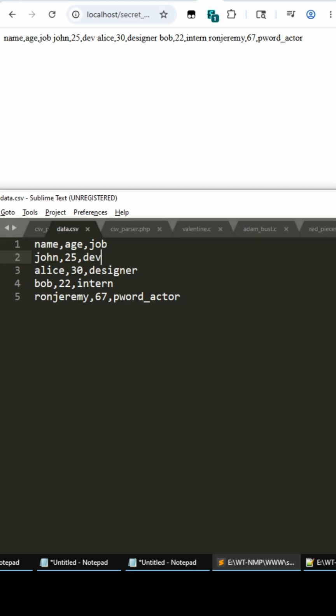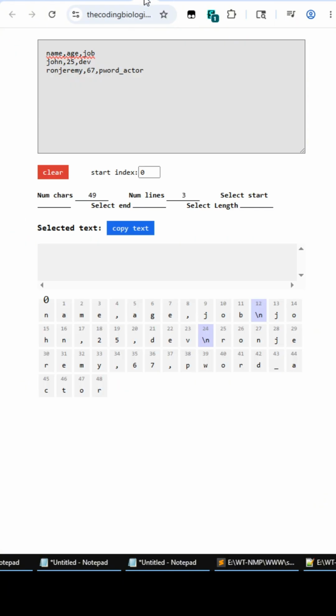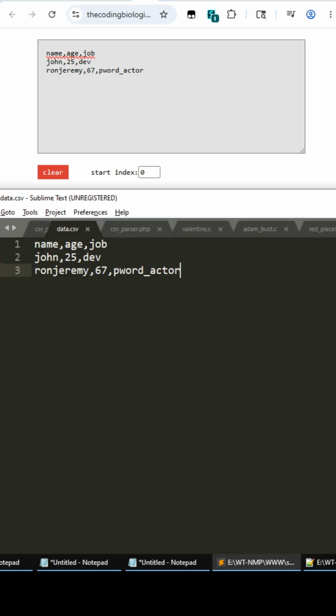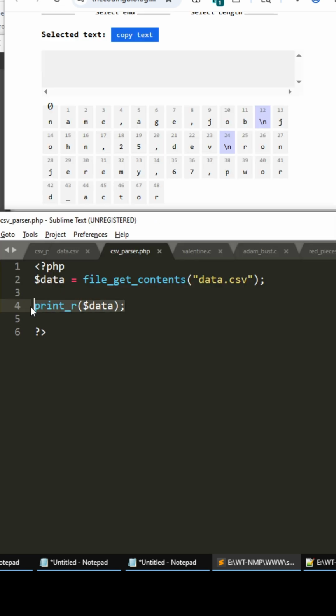Okay, nice. So let me edit this to exactly what I had. Okay, nice. So we have Ron Jeremy. Okay, looks good. So now we just have to go here and we need to parse the CSV data. So what you want to do, it might take a while, but okay, so we can see our CSV data